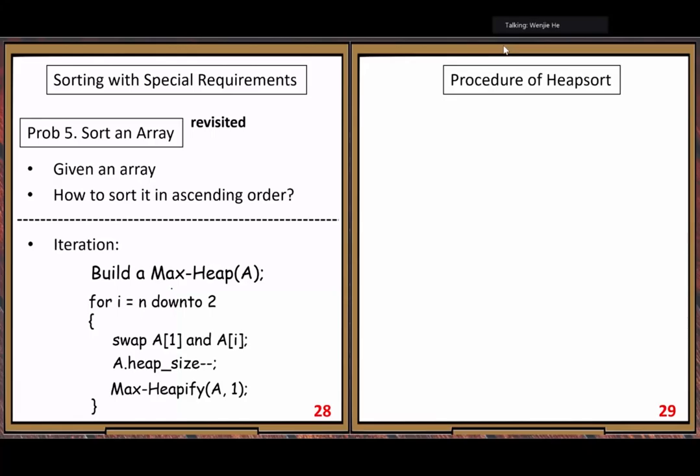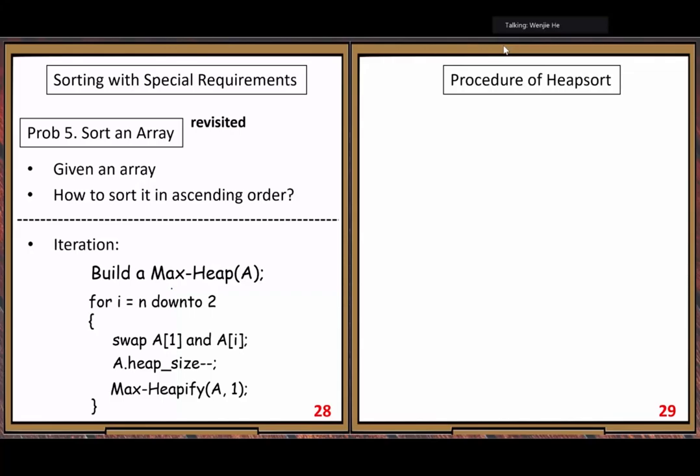Then, very simple, we complete the heap sort. This is the main idea of the heap sort. We complete it. So here you can see there is one thing. Now, remember, last time I talked about a concept called